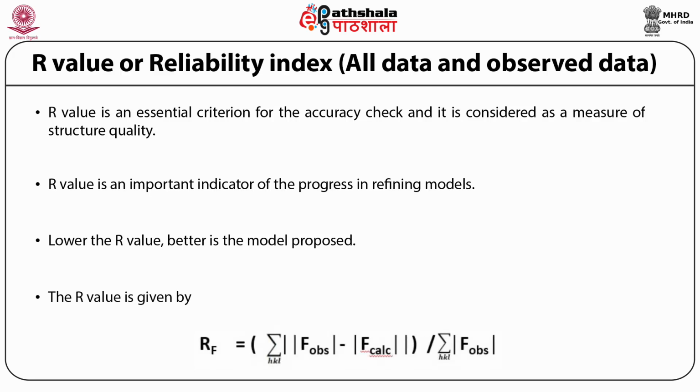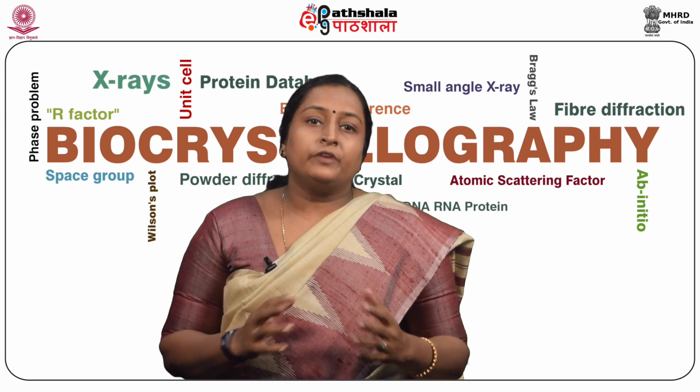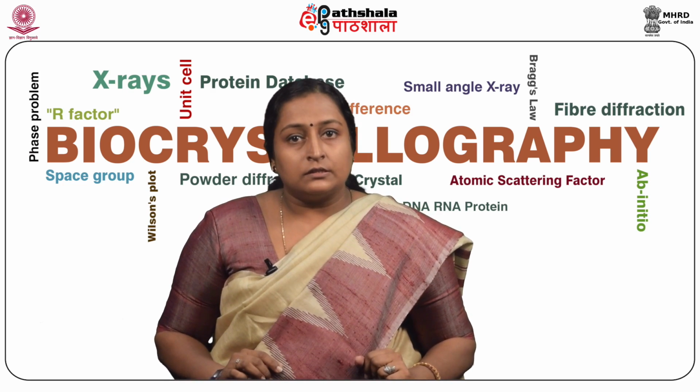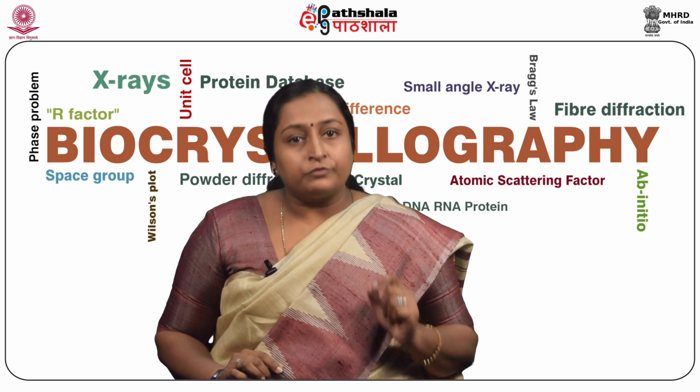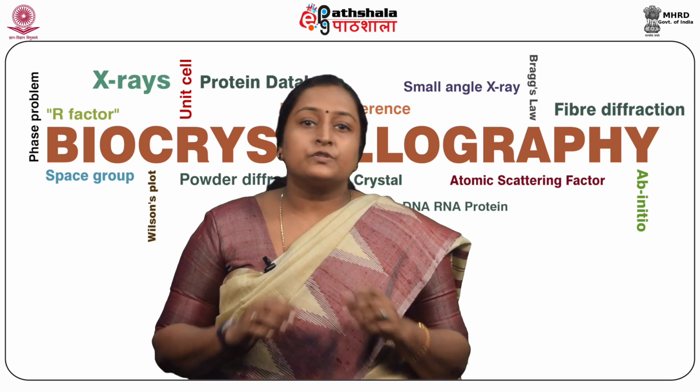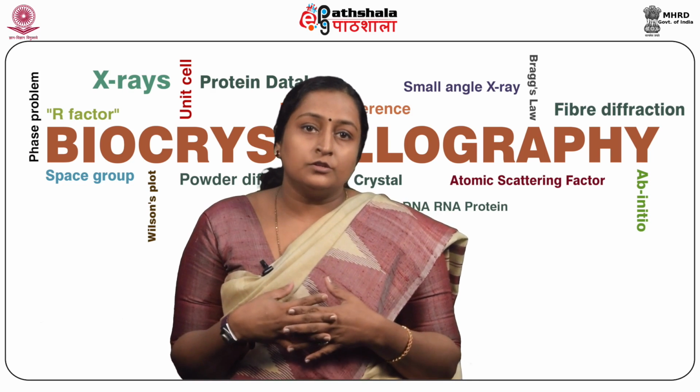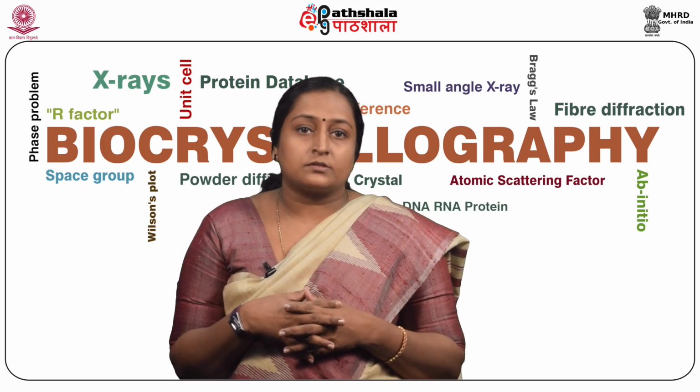There are two types of R factors. One is the calculated R factor with all observed reflections, and the other one is the R factor with reflections having intensity greater than twice sigma I, or mod F which is greater than 4 times sigma mod F. Among the various types of R factors, WR2 is a type of R factor which is found to be a good indicator during the entire refinement process.